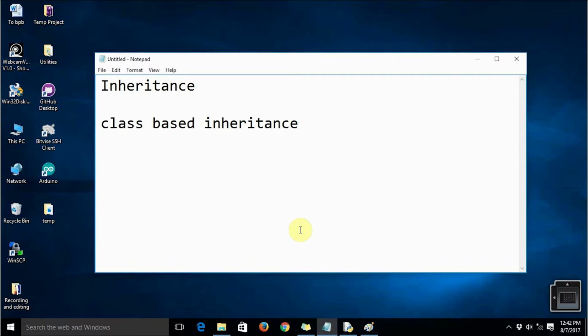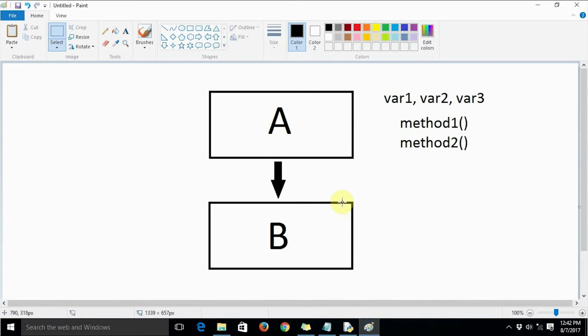Let us first try to understand what class based inheritance is. If you have a look at this image, we can see that there are two classes, class A and class B. Class A has members var1, var2, var3, and the behaviors of class A are method 1 as well as method 2.